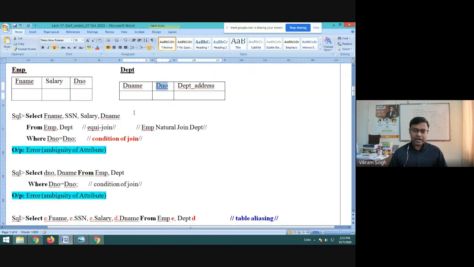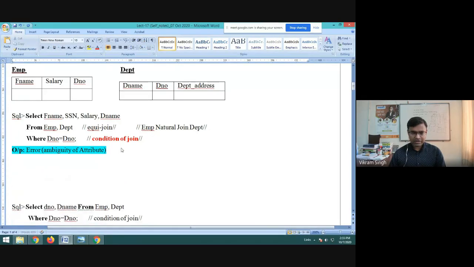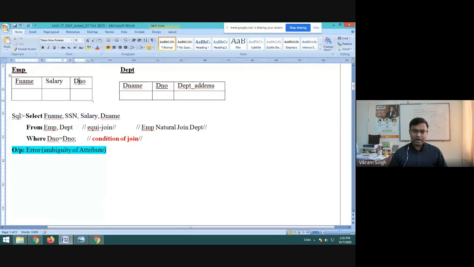So when we try to define a join condition or a join, right? Let's take this particular example. So let's assume something like this. So we will be writing a typical query like select first name, SSN, salary, and D name, right? If you can see carefully, these first three attributes are placed in the employee table, like first name, salary, department number, right?